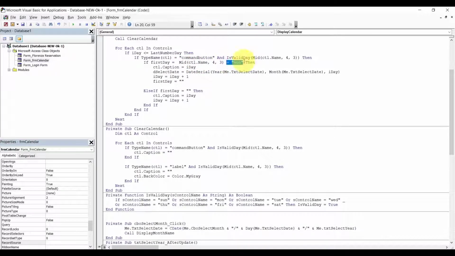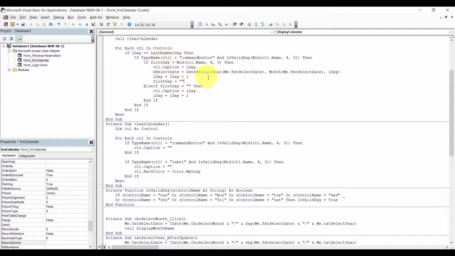The reason being is because that first day will always be whatever it is. You see? And then you erase that guy. And then it's going to jump in here. That's all it is. All we want is just to say, hey, we're just going to look for the first day. That's all. But initially I did that because